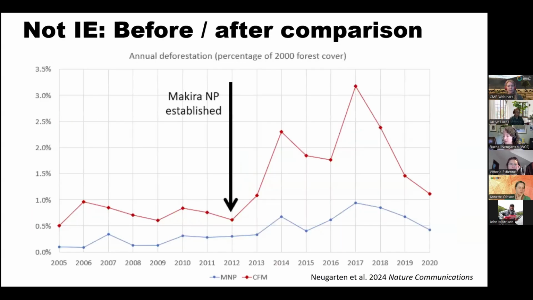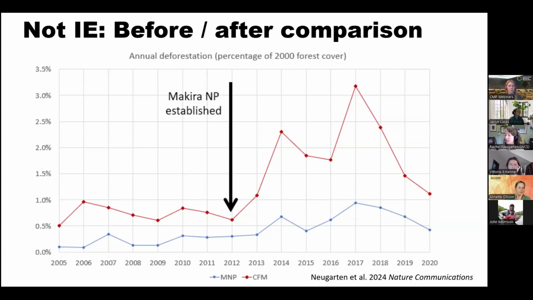The before-after comparison is a little trickier, but I'm going to do my best to explain it quickly. This is also an example from my data from Madagascar. We looked at deforestation rates in Makira National Park, or actually this is data aggregated nationally. So this is deforestation rates across all of Madagascar's national park system. Points that are greater than 0 mean there was some deforestation, right? So that's a bad thing. So higher numbers here are bad, more deforestation, at least from an environmental perspective.